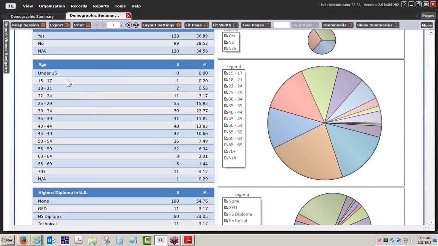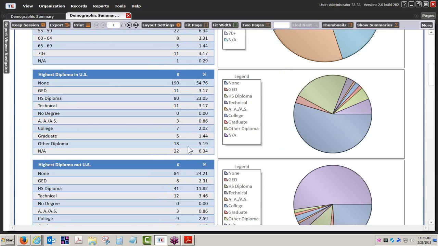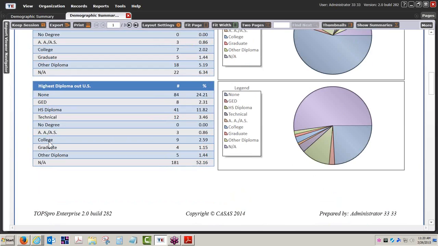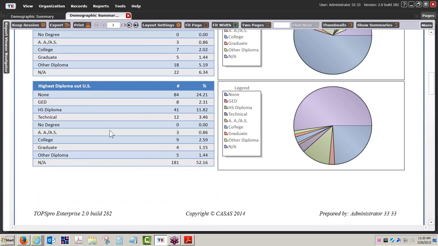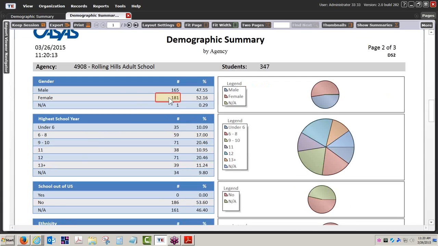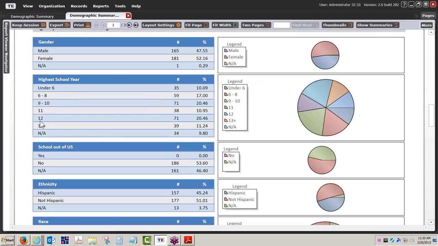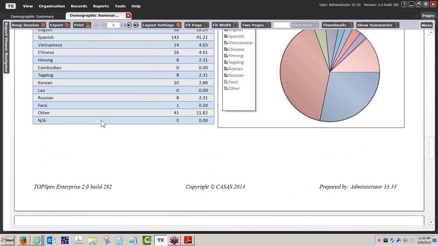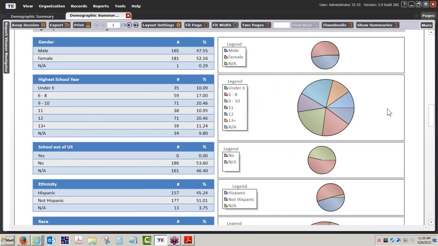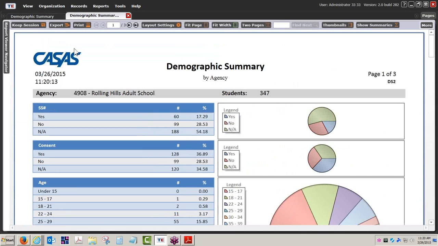The age range of students, current program year to date, along with the corresponding chart, those with highest degree or diploma earned, your highest diploma in the U.S. and highest diploma out of the U.S. You have it broken down into gender, highest year of school completed, ethnicity, race, native language, and that's it on the demographics. So this is a nice report that you could generate